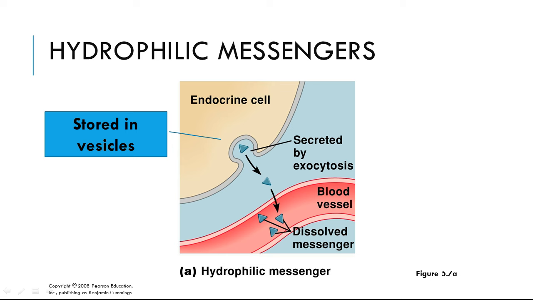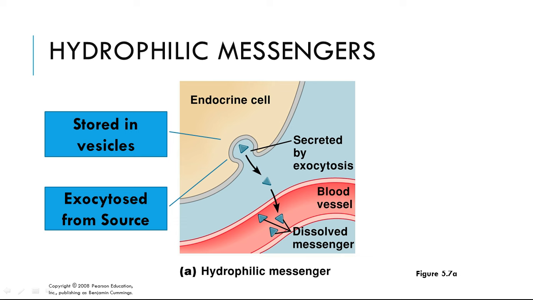So they're made at the rough ER, modified at the Golgi, stored in vesicles. The process by which they are released is called what? Exocytosis. Right, exocytosis from the source cell. They're hydrophilic, so do we need any specialized transporter for them? No. They've already got their tube on them. You ever go to the little river analogy, right? They're already water soluble. And so once exocytosed, they diffuse. Their mechanism getting into the capillary,